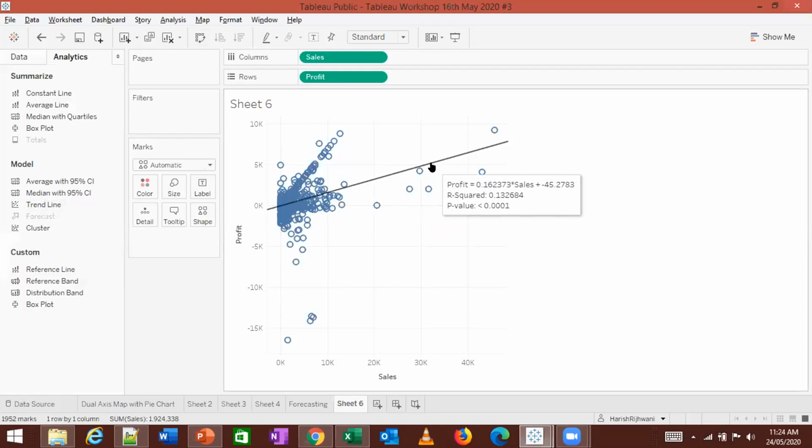When you click on that line, you can look at the equation that has been created and at R square. R square is indicating that this is not really a good fit. It's obviously nowhere near a good fit. It's like 0.13. It should be near 1 in terms of the R square value for the line to be a good fit.